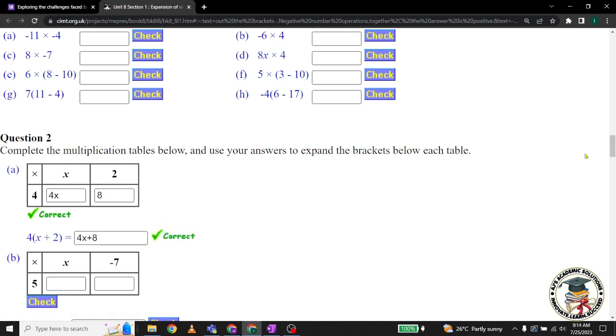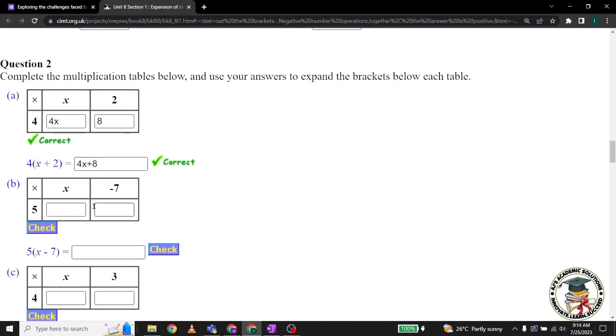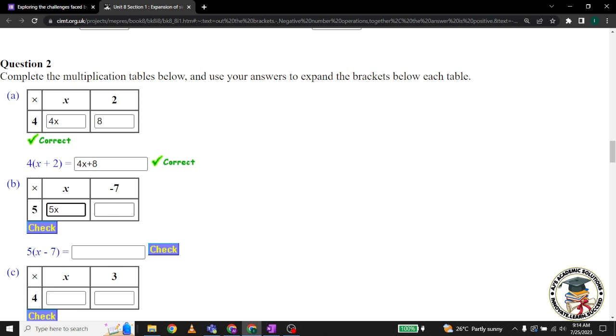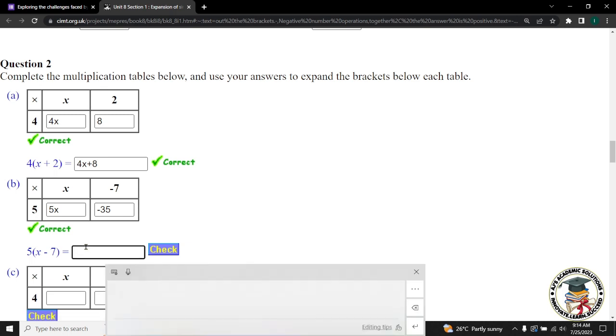So let's look at another one. Here we have 5 times x, and then we have 5 times negative 7. So 5 times x is 5x, 5 times negative 7, 5 times 7 is 35, and we have a negative there, so it's going to be negative 35, and we check there. So meaning our answer is 5x